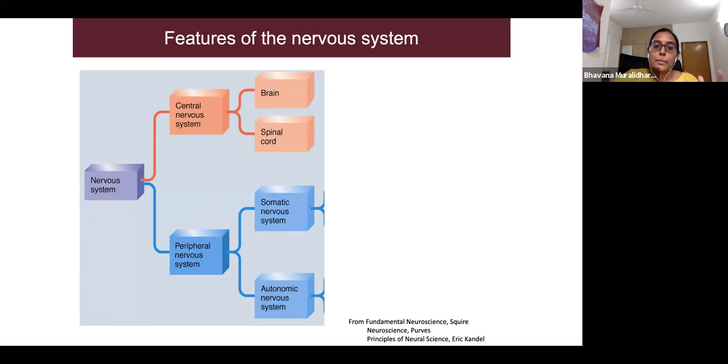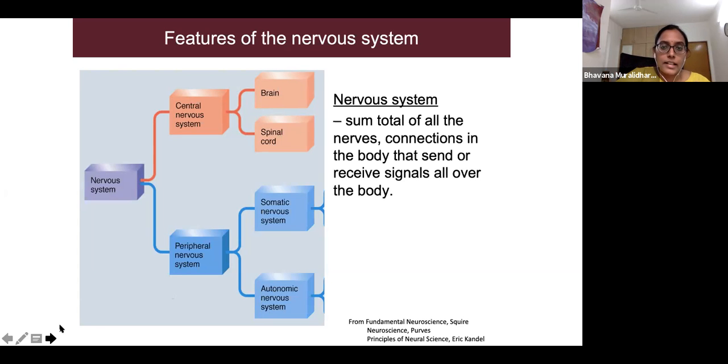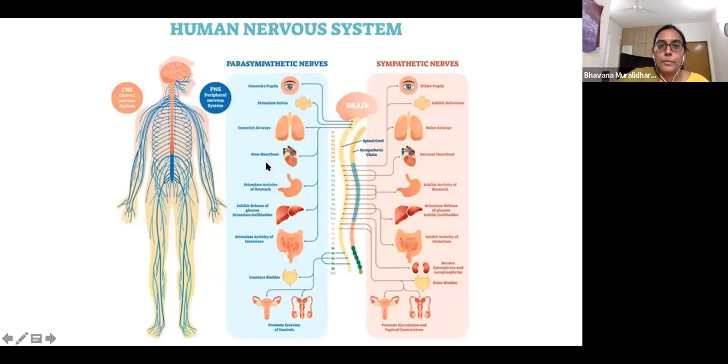A feature of the mammalian nervous system is that it consists of the central nervous system and the peripheral nervous system. The central nervous system consists of the brain and the spinal cord, whereas the peripheral nervous system is the somatic and the autonomic nervous system, which will become very clear in this next slide. The nervous system is all the nerve connections, everything there is in your body. Something that will become clearer once you look at the schematic is that the CNS is all that is